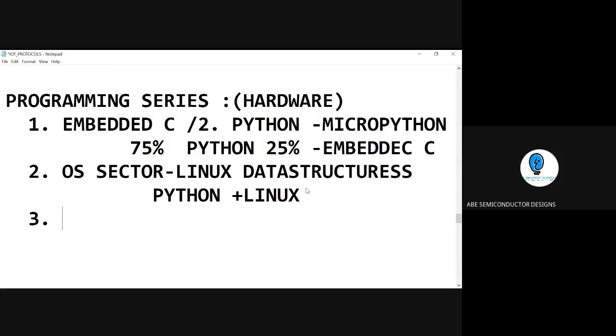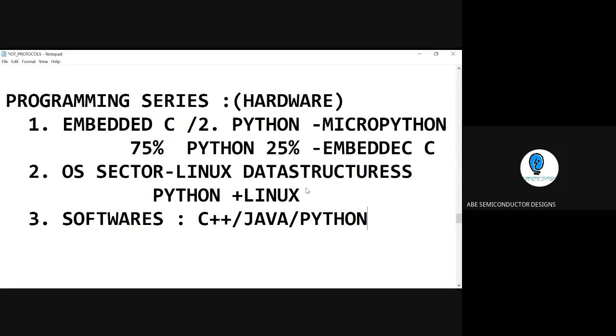Third, this is the most importantly utilized. You can set this up in the hardware. If you want to work on the software sector, again, you have to work with C++, Java, or Python. You can use any of C++, Java, and Python for this kind of application.